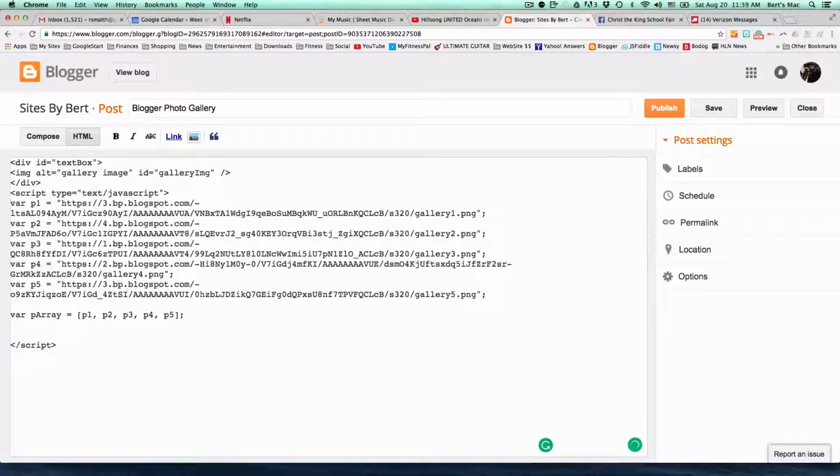The next variable we're going to put is just a number variable, which is we're going to put integer i equals 0. Now, it could be any letter of the alphabet, but traditionally it's this i right here. And then we're going to load the very first picture. So what we're going to do is make a new variable called gallery, or gal, it doesn't matter, gallery picture. And that gallery picture is going to be, we're going to get from the document,